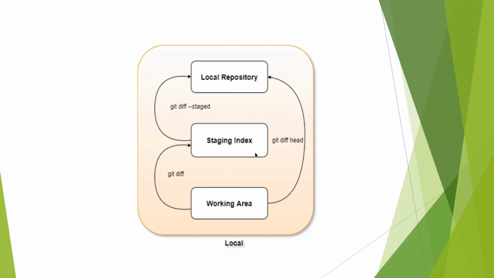And in all these three commands, mentioning a file name is optional. If we do not mention a file name, then it will show file differences from all the files, right? And if we mention one file name, then it will show you the file difference for that particular file only. So I hope it is clear now what the different situations are and what the different variations of git diff are that we will use in those situations, right? So let me show you a demo so that we can understand it practically.